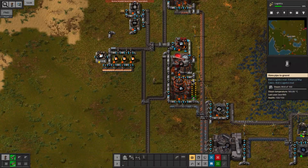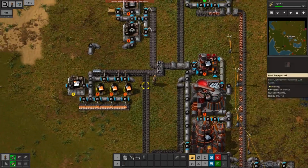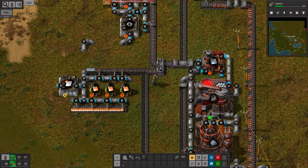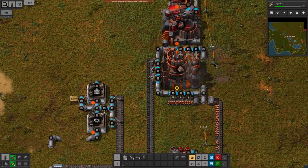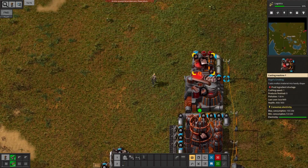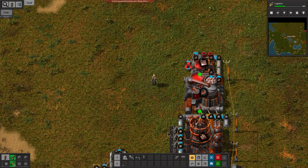Now, all that copper can run, which means our iron can run again. You notice I split my iron plates up, going one way and another way. This way is for the steel, that way is for what's going to be my bus when it gets up there. This is needing power, so we need to do that, and then we will end up getting our copper in here. So we're going to need to do that,